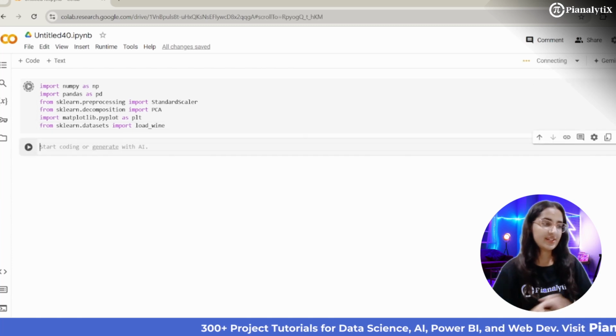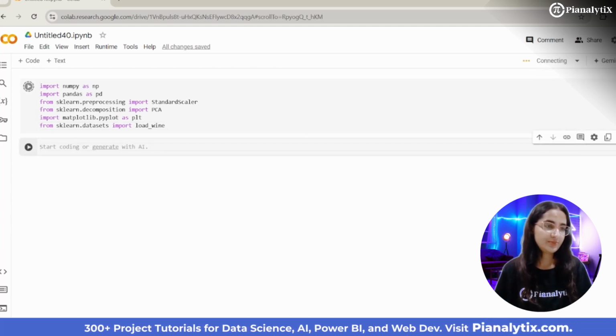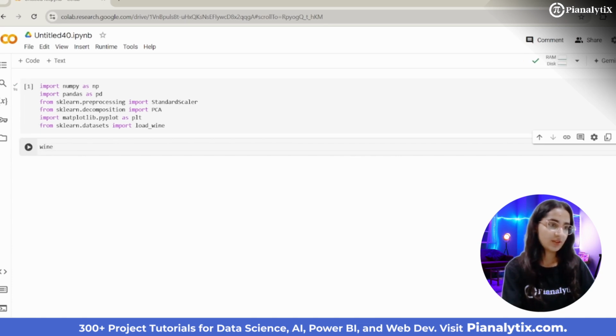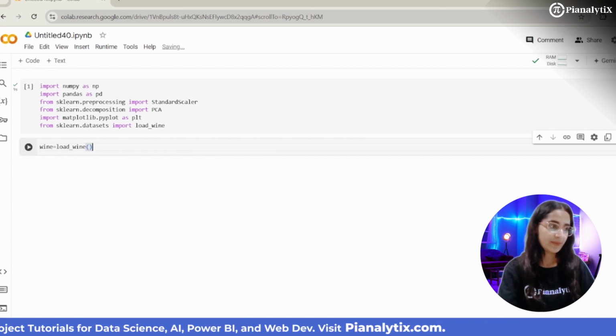We are using one dataset. Let's run this. Okay, it's done. Now load the dataset. This dataset contains features about different samples of wine.